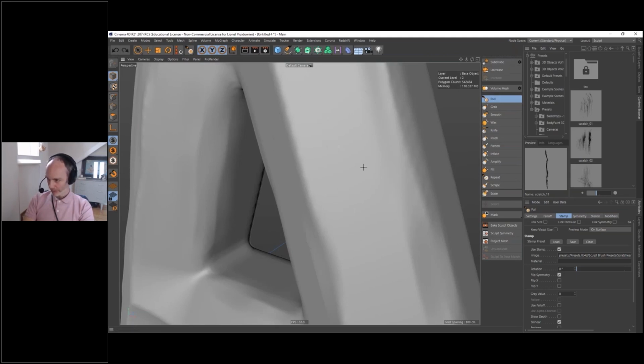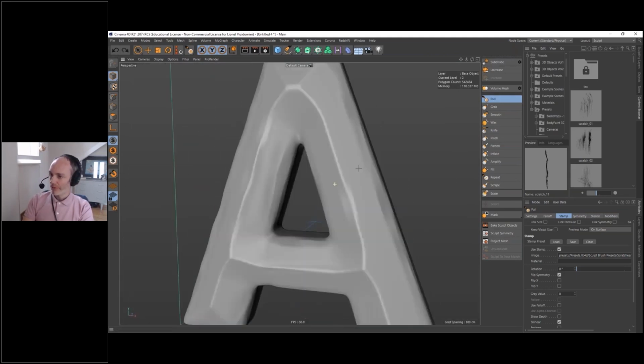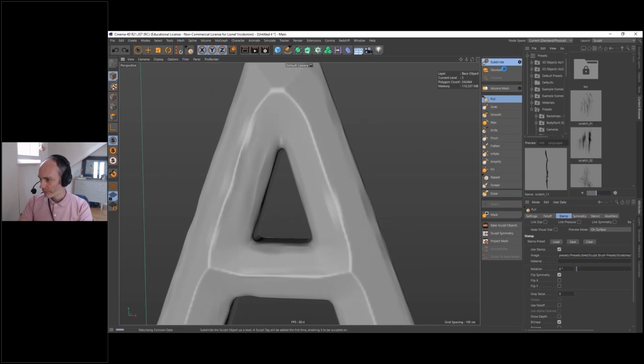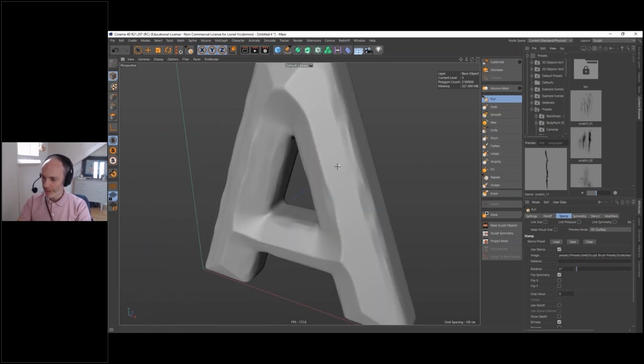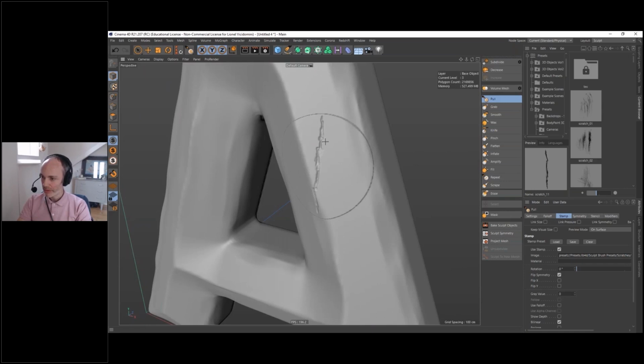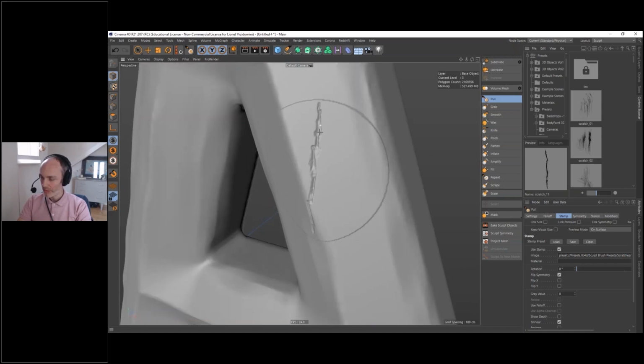So let's go back. I'm going to subdivide. And we hit the 2 million polygons mark. And that's a good number. Cinema 4D is able to go higher than that, but it's going to get really sluggish, and it's a bit overkill for what we have to do. So 2 million, it's a good spot. Now, if I drag, you can see it's more defined.